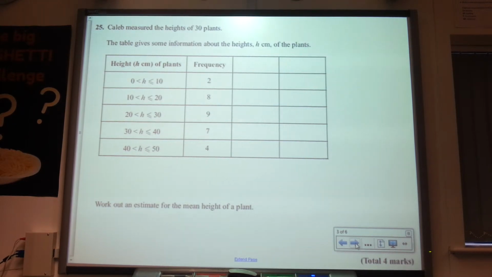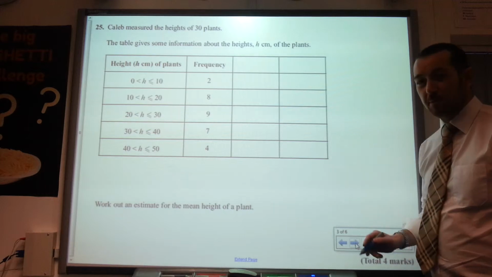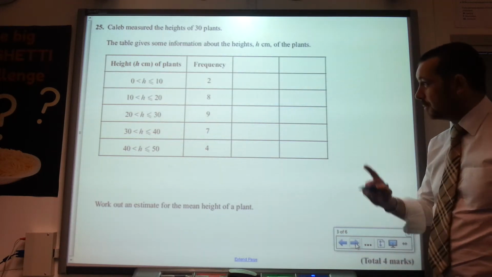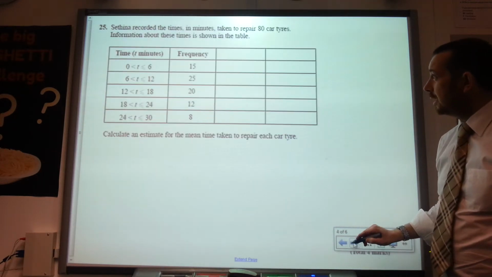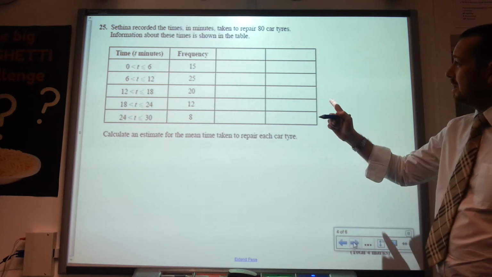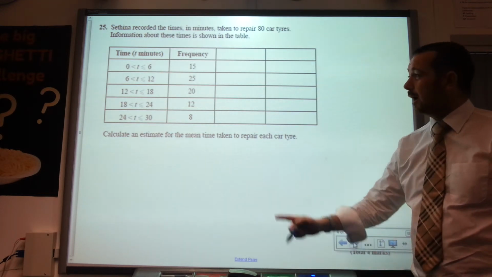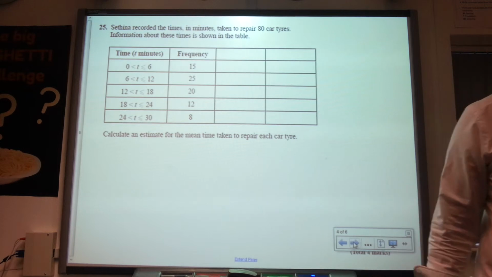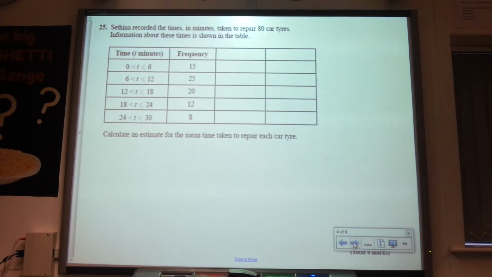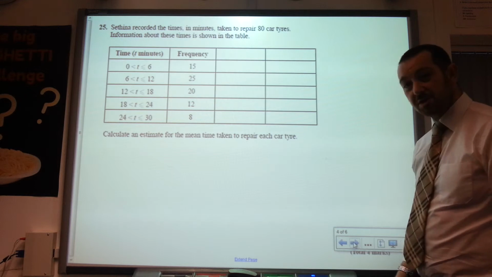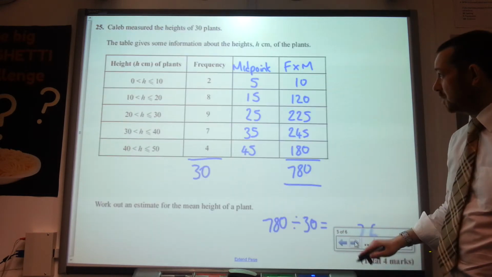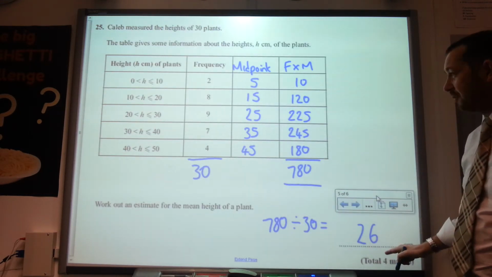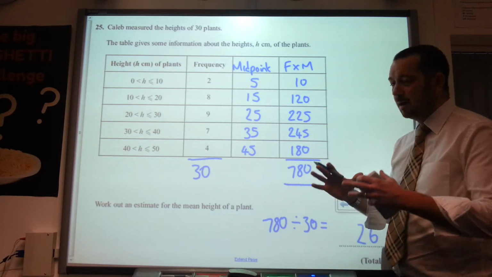Okay, hopefully that went pretty well. The answers will be coming up a little bit later on. Here's another question. Have a go at that. And then, again, you could also find the modal interval here. Okay, so I'm just going to give you the answers. Hopefully that's gone pretty well. Each of these are worth about 4 marks, so it's towards the end of the paper. You need to take your time on it and get it really, really right, and then of course go back